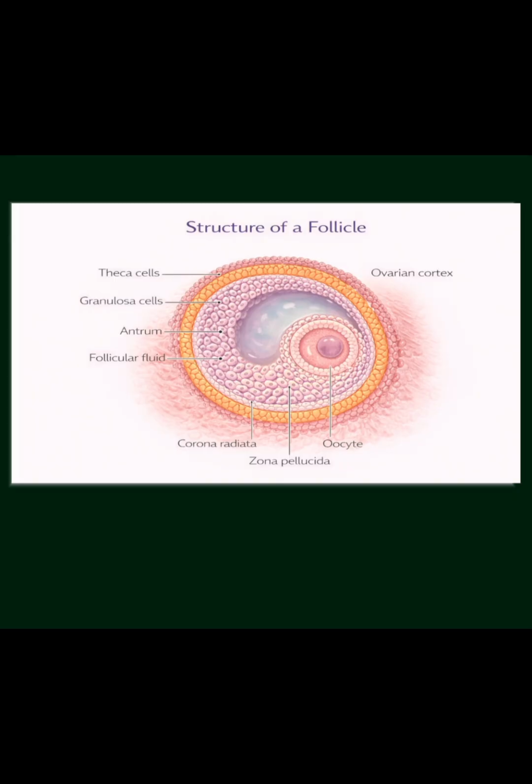With the help of cholesterol, that androstenedione is formed, and it diffuses further into the granulosa cells. When the androstenedione diffuses into the granulosa cells, with the help of the aromatase enzyme, it is converted to estradiol, which is a potent form of estrogen,